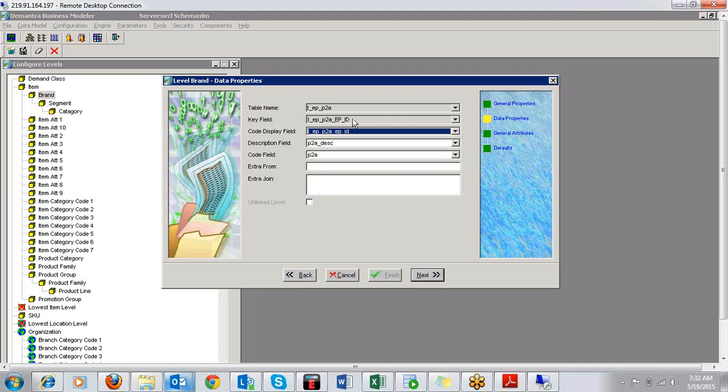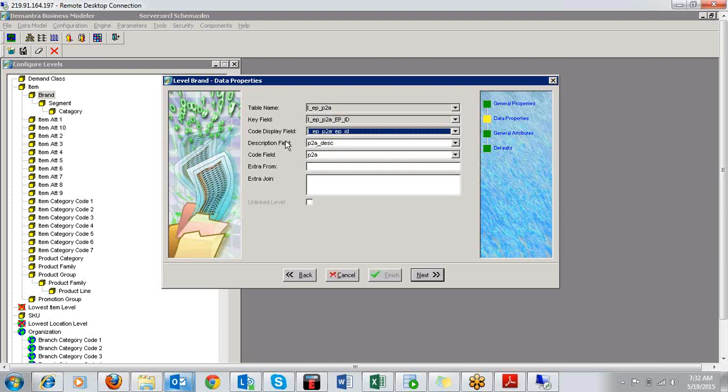So the primary keys of this table will be like this, and your code field will be like P2A. Whatever you have in between will be the code field, and underscore DESC will form a description field